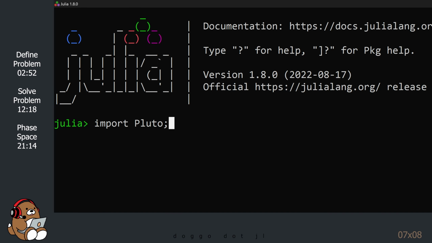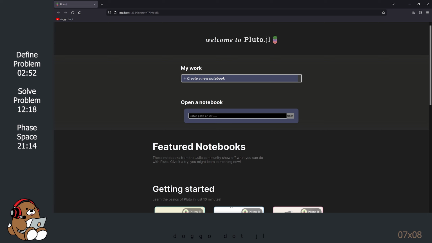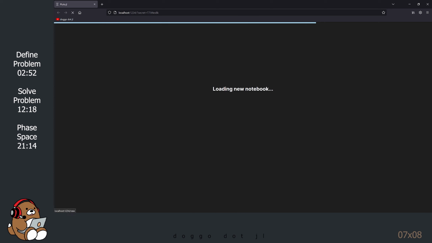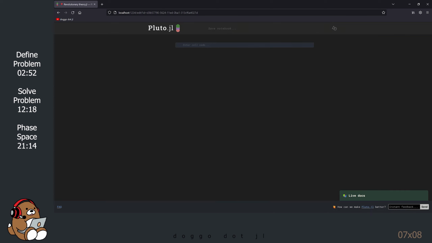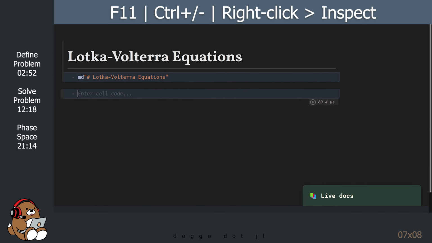Let's start by firing up the Julia REPL and launching Pluto. Next, let's create a new notebook and title it Lotka-Volterra Equations. This is optional, but I'm going to customize this user interface like I did in the first tutorial.